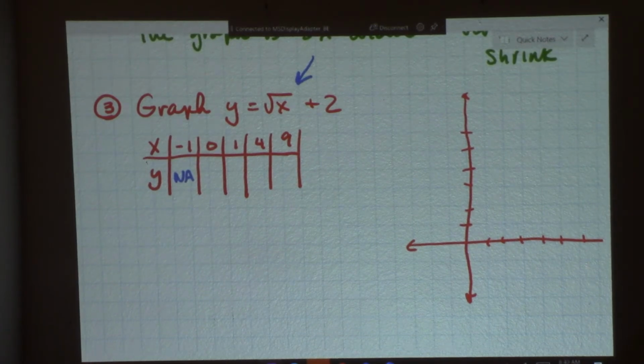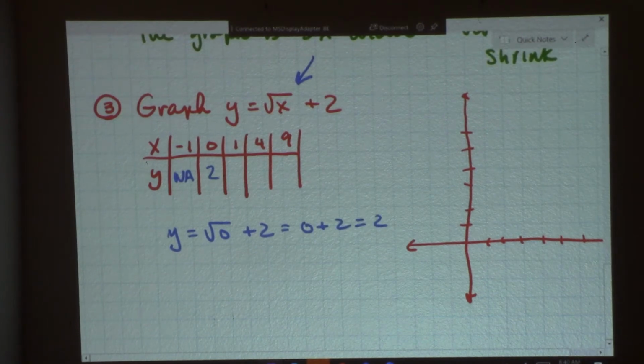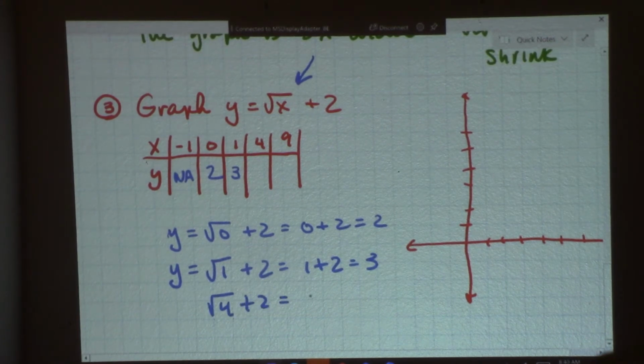Now, you'll see the difference because when I put 0 in, what do I get? 0 plus 2, which is 2. So 0 is 2, not -1. That is actually, I'll just tell you, that's called i, which is an imaginary number, and you will learn more about that in Algebra 2. Okay, so let's just erase that for now. It's imaginary for now. Okay, so we have the square root of 1 plus 2 is 1 plus 2, which is 3. And if I put 4 in, I get the square root of 4 plus 2, which is 2 plus 2,